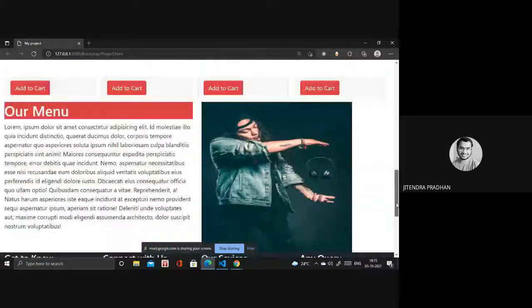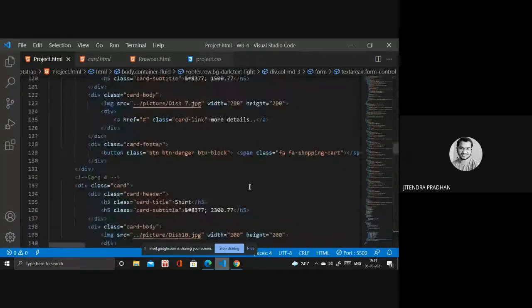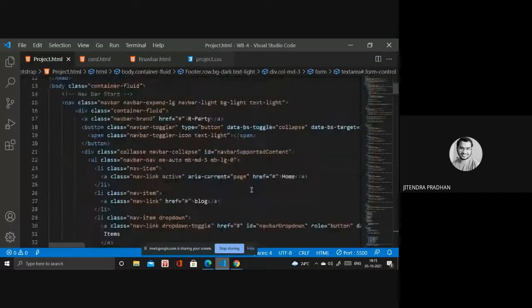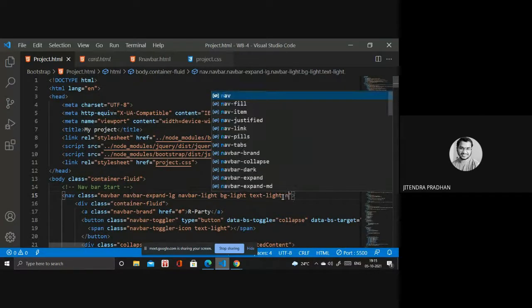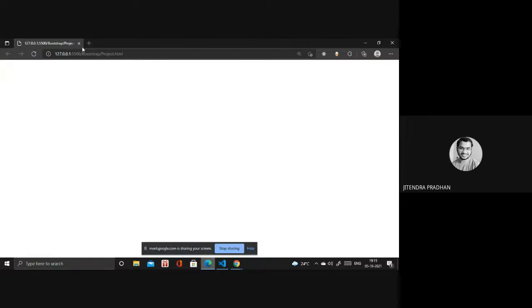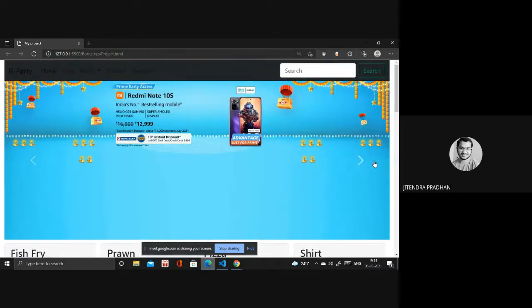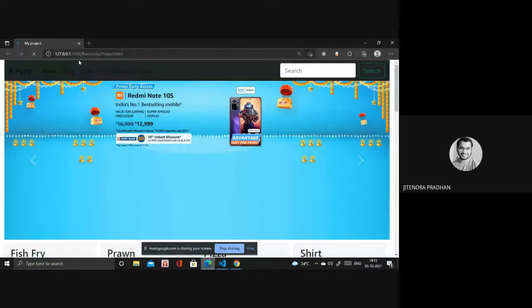Okay, so next you can change the color as well. It's like something on the header part, footer part, whatever you need. It's the navigation part. Where is that? Sorry, we are using bg-light, right? So you have to use bg-dark. Okay, the content will now be showing. That's why you need to write light as well. It's better, and you have to edit in the CSS as well.